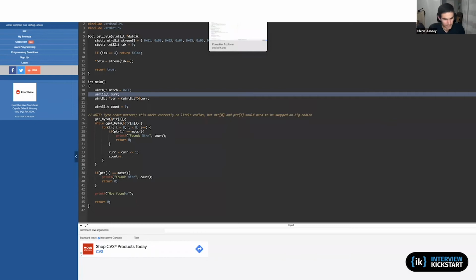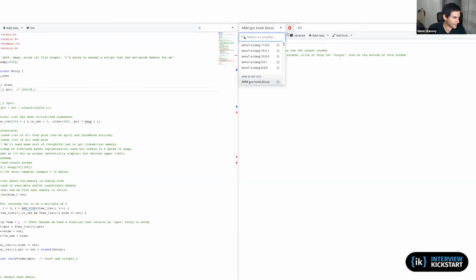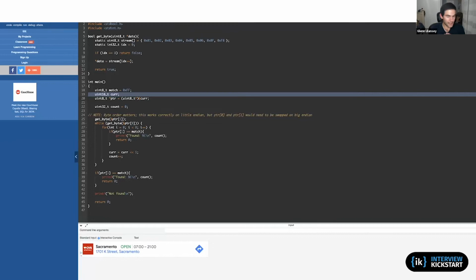So not to say that there isn't a tool out there, I just haven't found it, in part because I also am mostly working on either a 32 or 64-bit little endian machine. So I haven't really needed it quite so much. But I believe Compiler Explorer had an option somewhere to switch to big endian. But in this case, I've specifically written it for little endian because that's what this online tool is capable of compiling and running for me.